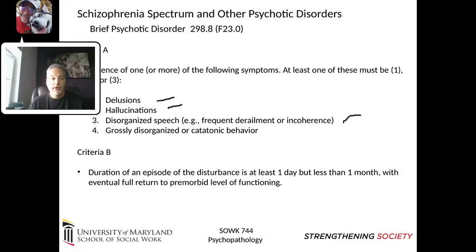on a person. The other thing that can happen are brain tumors. So sometimes these symptoms can come up in the context of someone who has an undetected brain tumor, be it cancerous or non-cancerous. Any kind of mass on the brain could potentially bring about these symptoms. So brief psychotic disorder